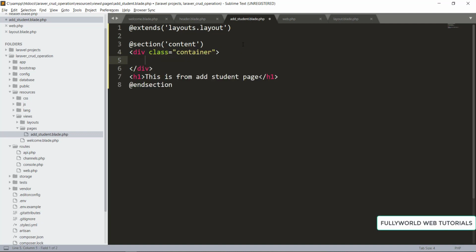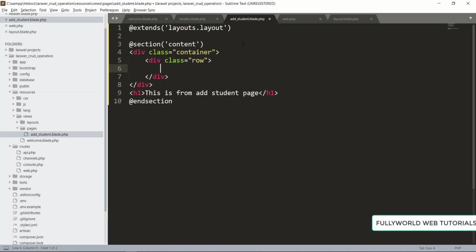Under this container there will be our row. Under this row there will be our col-md-12.